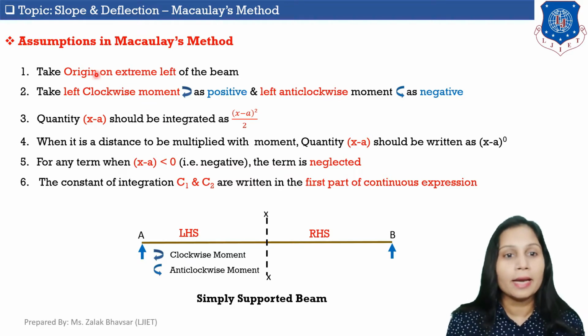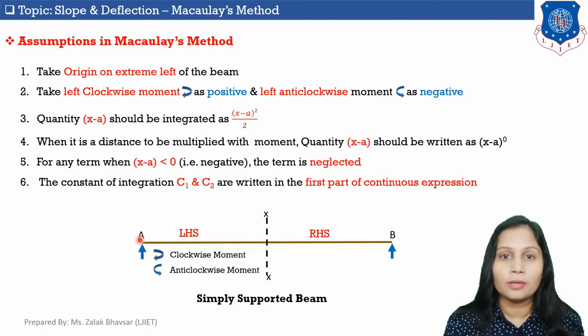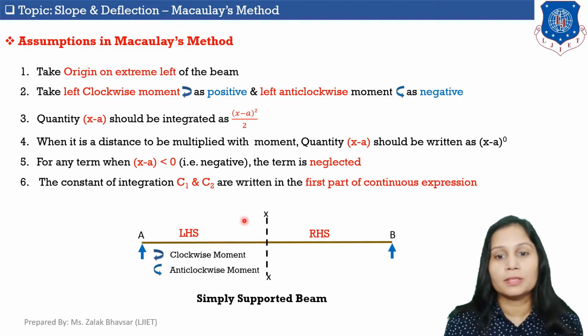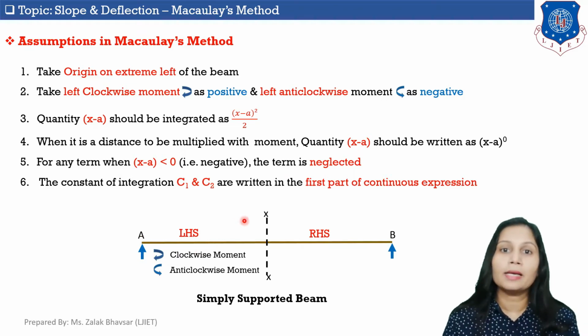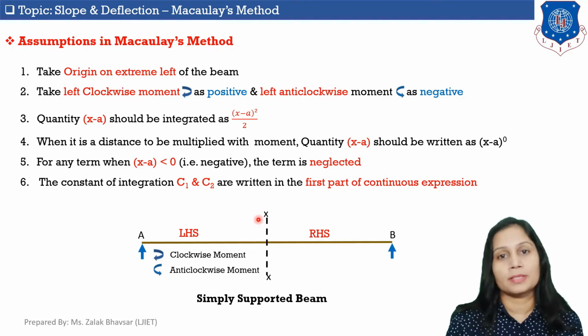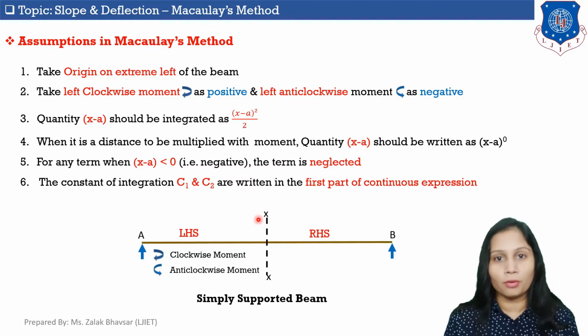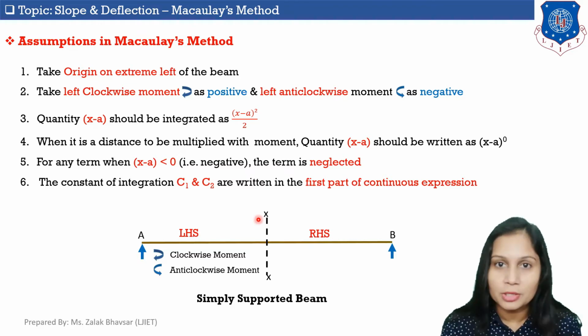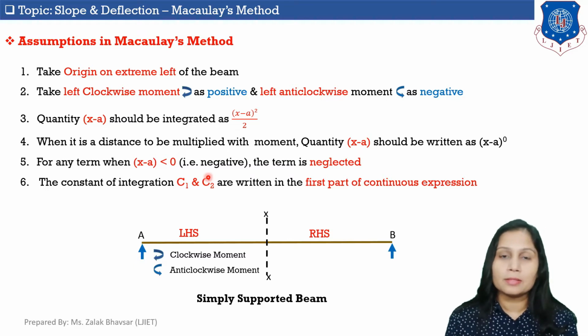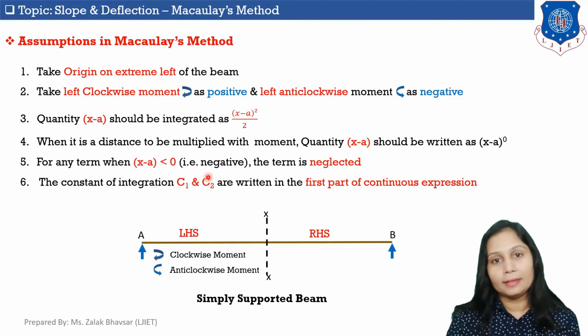Okay, and as per assumption 1 we are taking our origin at A, so we will calculate moment at LHS of this section line. It means we are calculating moment at left hand side of this section line, and whenever we are calculating moment on left hand side of the section line, then we will consider all clockwise movement as positive and